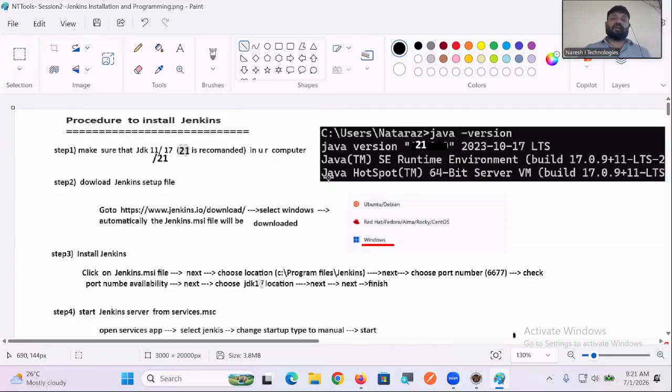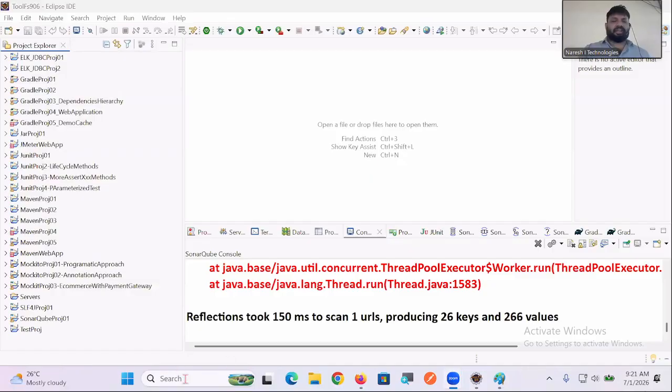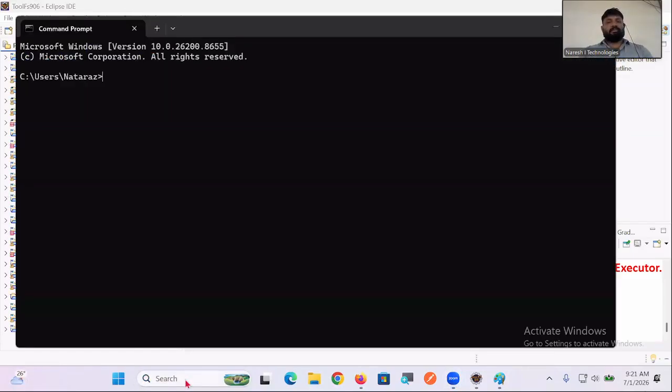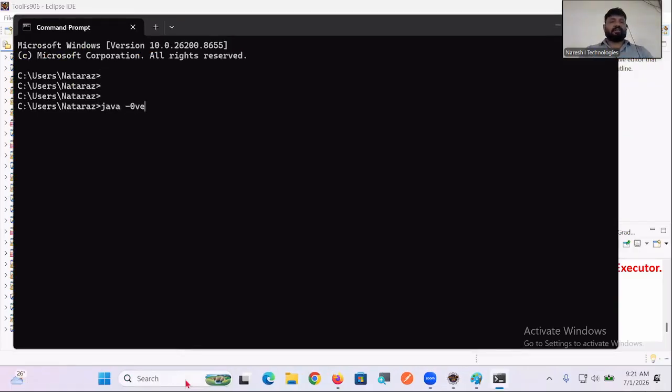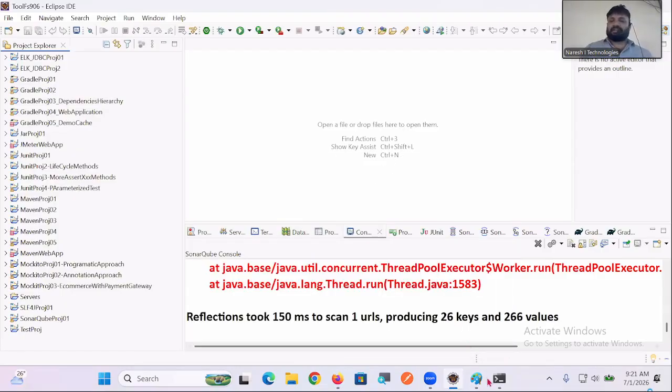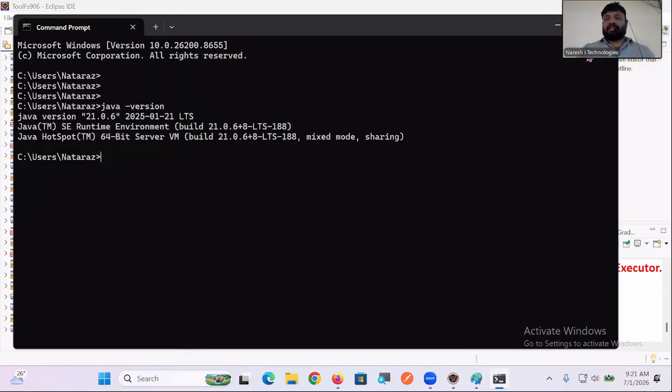Procedure to install Jenkins. Java version, we have to make sure that the Java version is ready. Let me check which version of Java is ready, guys. CMD, java -version. Okay, version 21 is required. It is there. That's fine. Next,